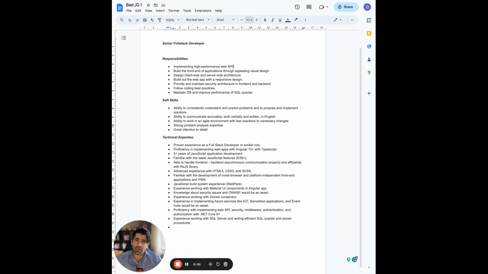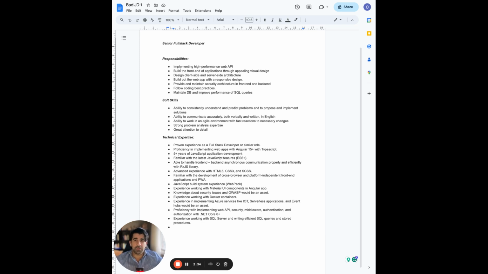Developers need a little bit more detail. So tell me, how many queries per second are we dealing with? What's your QPS? What's the growth? At least then I know whether I can apply, because just this concept of implementing a high performance web API tells you nothing. And if as a candidate I didn't have the experience dealing with high performance web APIs, I may not even apply.